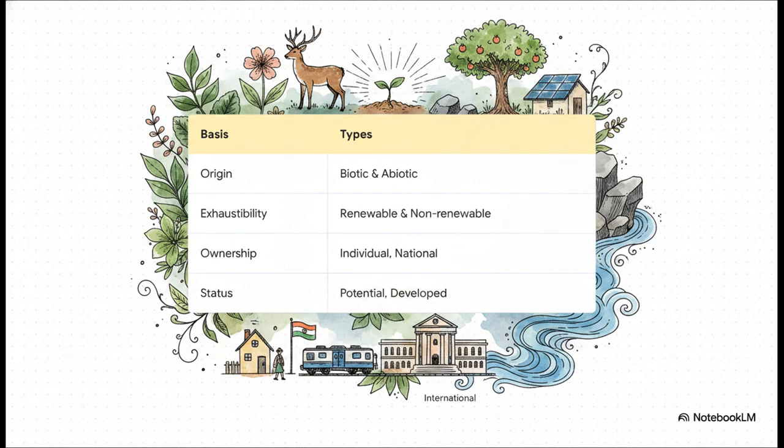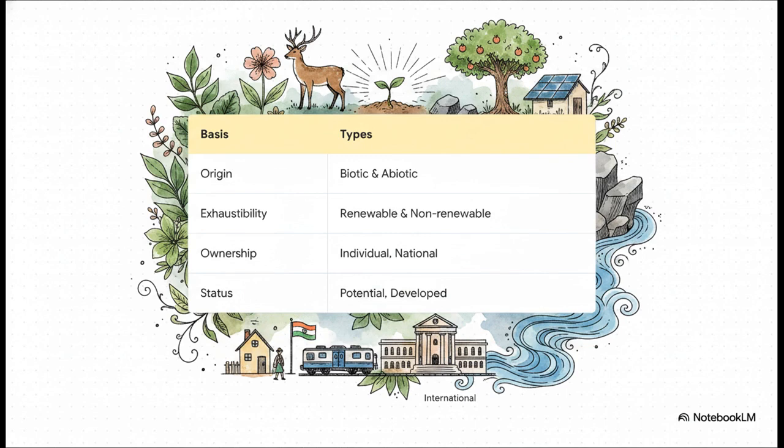And finally, status of development. This one's crucial. Potential resources exist but aren't being used yet. Stock means we have the material, like using water for hydrogen energy, but we completely lack the technology to actually use it. And reserves are just a subset of stock that we can use, but we're smartly saving for the future. And hey, always remember the simple difference between natural resources given to us by the earth and human-made ones